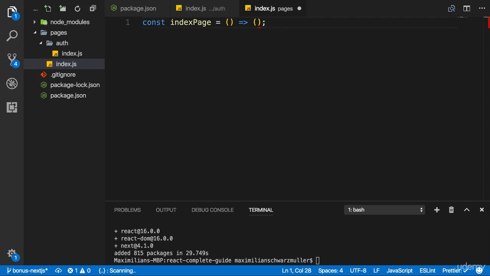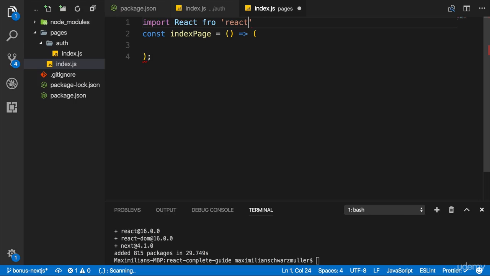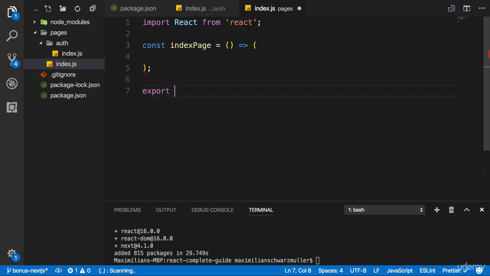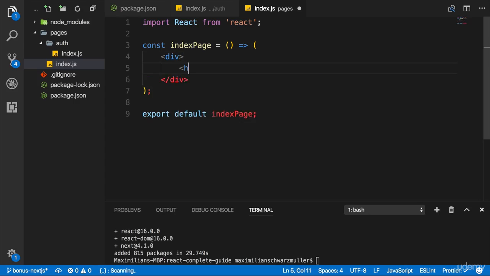And you know that syntax here, where you could receive props and return something. Now what I'll do is I'll import React from React. So just like you learned it in this course, that doesn't change because we're still using JSX here. Well, not yet, but we'll do so in a second. And I export index page as a default. That's important. You still need to export this, otherwise Next.js can't do anything with that. So now let's simply add some code here, like a div, where we say h1 the main page, like this.